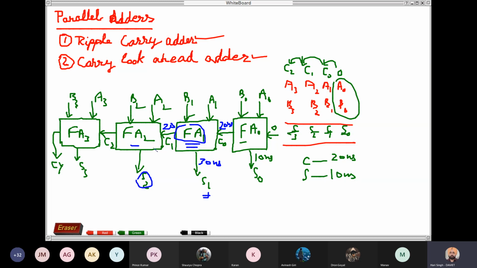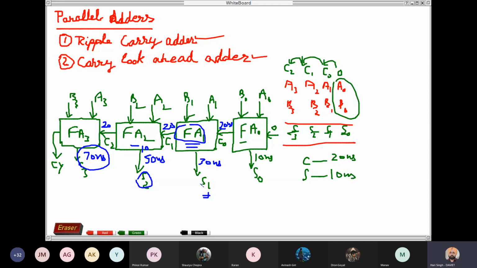the time is further it needs 10 plus 40, 50 it will take. Okay, 50 nanoseconds. Okay, then further carry generated by FA2, it will take 20 nanoseconds, and total will be 60 plus 10, 70. Okay, so the time taken by this adder circuit to give output will be 70 nanoseconds. So within 70 nanoseconds, it gives the output.